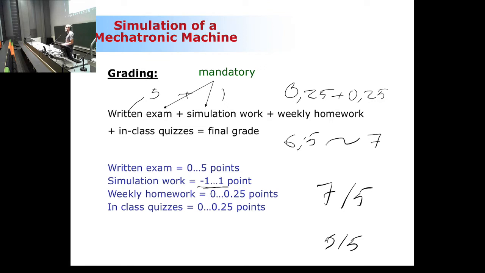Now do the math. Which is the most economic way to make it happen? You should follow what is called the minimum energy principle: investing the minimum energy, yet scoring high. So what is the way that fits you the best? That I don't know, but you can figure that out. Maybe, if I can give you a few hints, what really helps a lot and is easy to cover is the in-class quizzes. Because I'm asking something ridiculously simple.